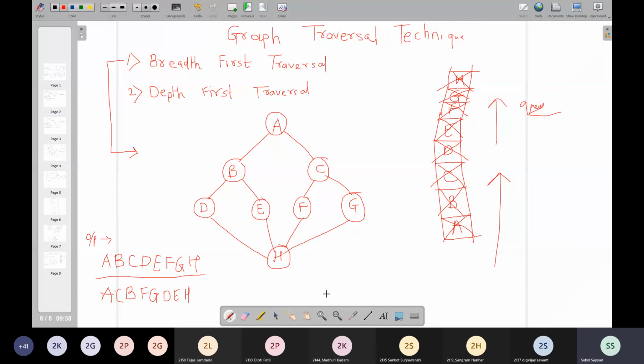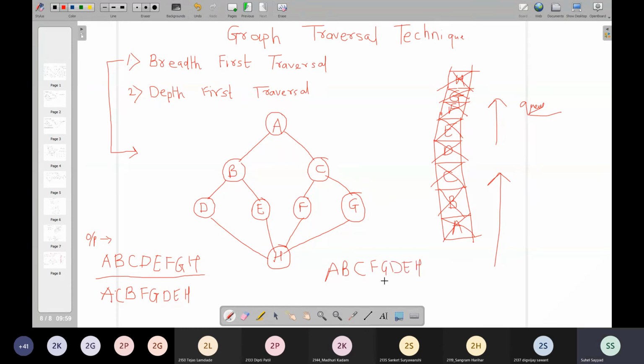So what we understand from this is, I may have multiple correct traversal answers, right? If I have been given a graph like this, I can get different correct answers. But if I write one answer like this, A, B, C, and after that I write FG, is this a correct answer?